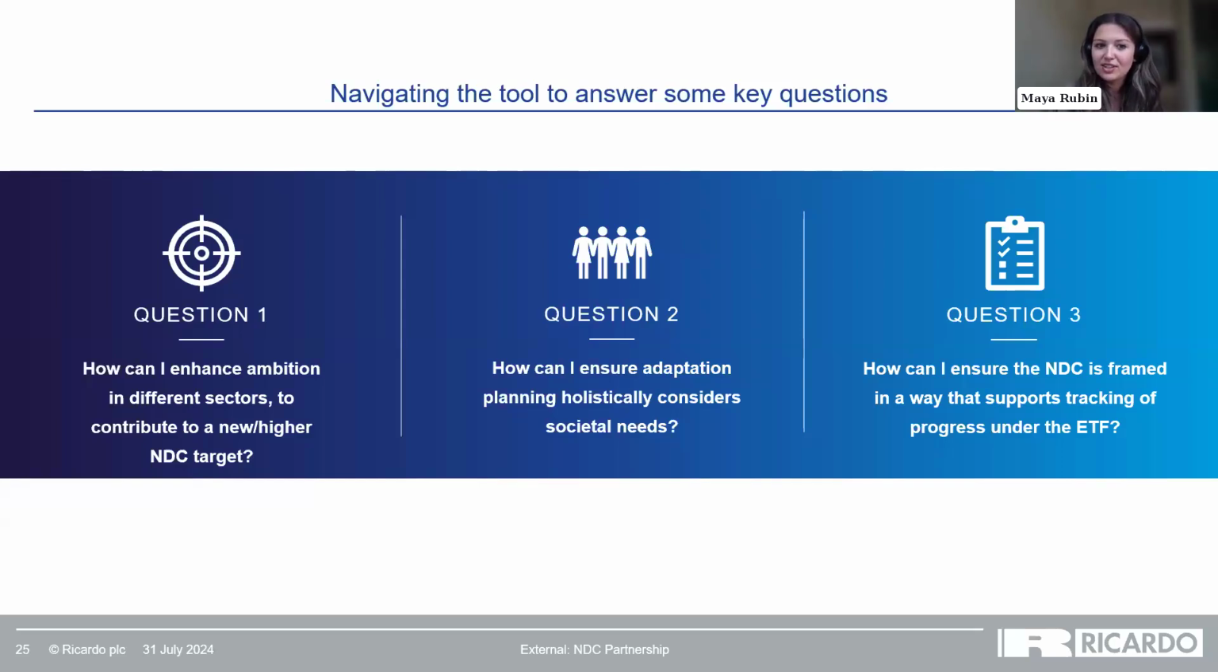The second question is going to be focused a little bit more on adaptation and just transition. So how can I ensure adaptation planning holistically considers societal needs? Then that third question is going to look a little bit more at the enhanced transparency framework and links to